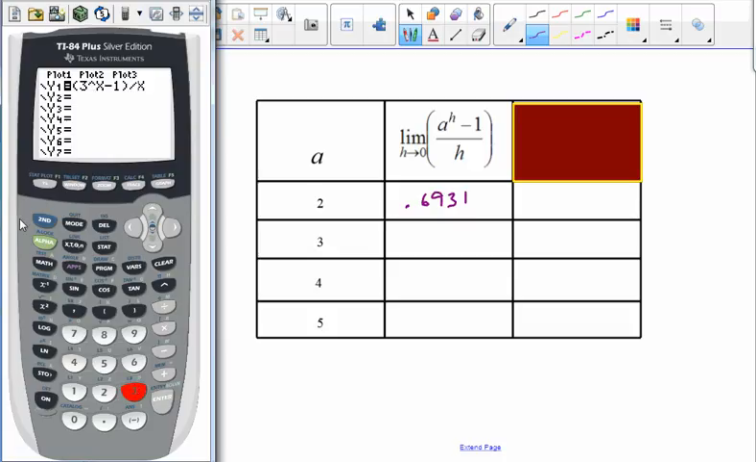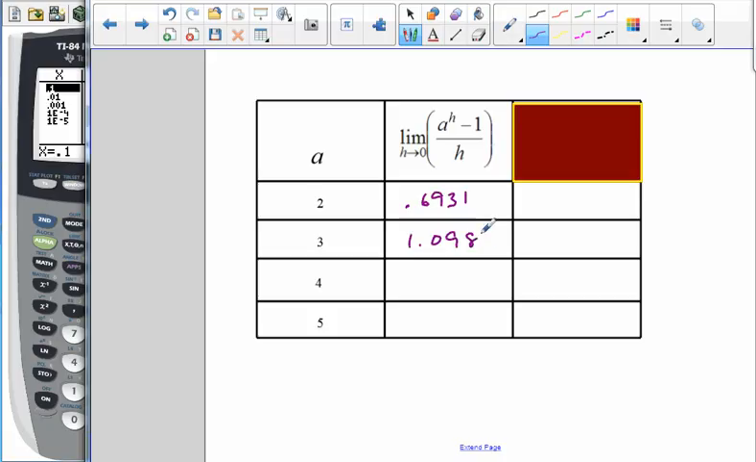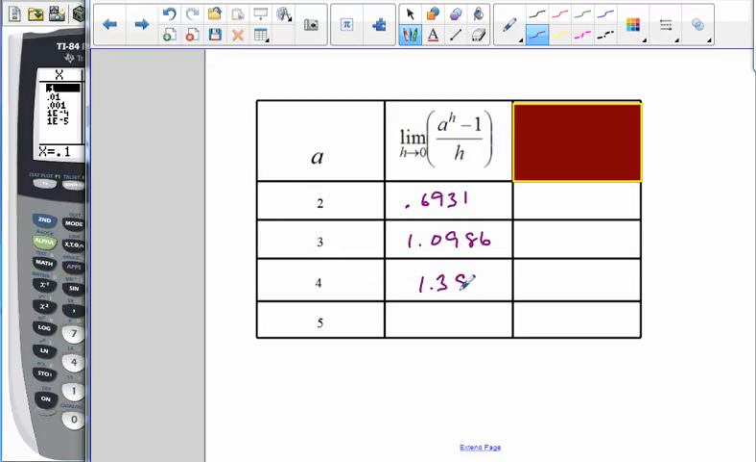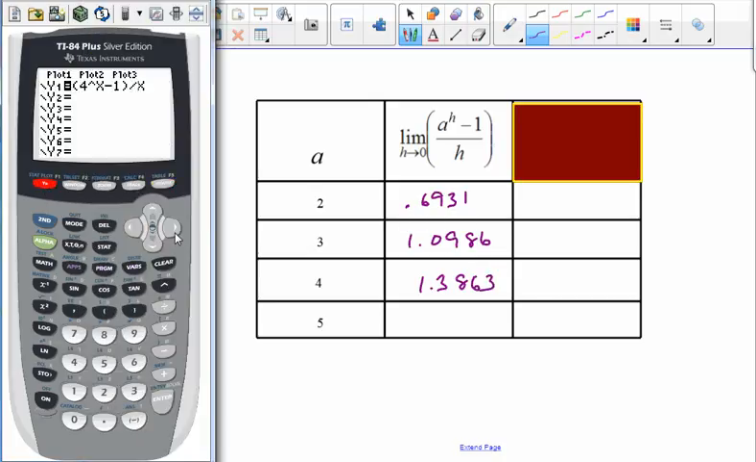So now I'm going to go to my y equals, and I'm going to change that 2 to a 3. Then I can go to my table and see what happens here. And I've got the same sort of thing. Looks like it's settling in here at 1.0986. We'll do the same thing for 4. So we'll change this to a 4. And again, my table will already be pretty well set. And looks like we're settling in at 1.3863. And then we'll do it one more time with 5. Go to our table, and looks like we're settling in at